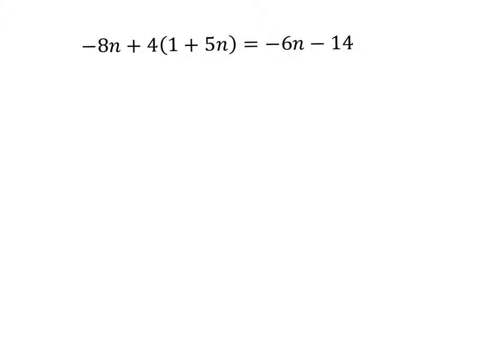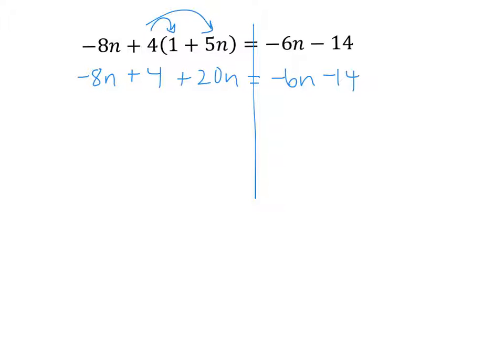Let's continue with these equations and go through some more examples. So I see here that I do need to distribute, so 4 times 1 and 4 times 5n, so I get negative 8n, and then plus 4 plus 20n equals negative 6n minus 14. And now I'm going to combine some like terms. I see a negative 8n plus 20n, and negative 8 plus 20 is 12n